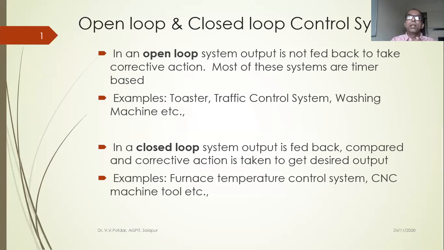And then we took the case of traffic control system as well. In most of the traffic control systems, all the 4 roads or 4 lanes are opened sequentially. A fixed time period is given, in certain cases 1 minute, in certain cases half a minute, in certain cases 2 minutes, and after that time has elapsed, the signal on the next road is put on and it continues sequentially. So there also we don't take any feedback of the traffic.